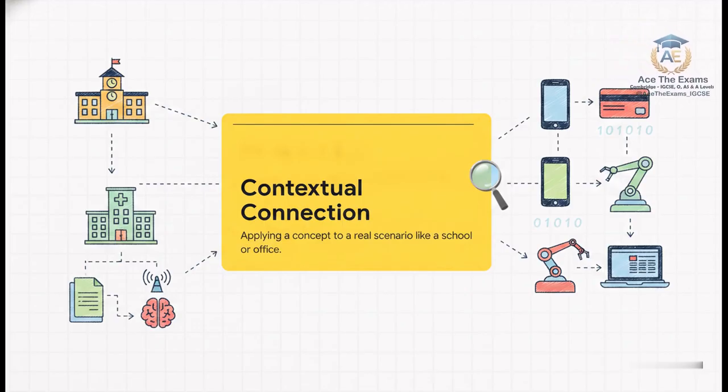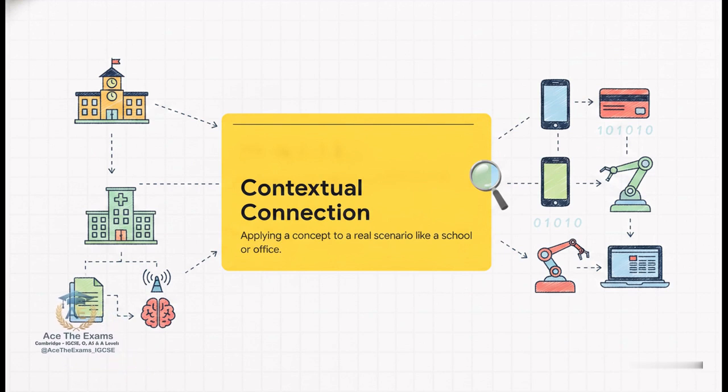Your brain needs to scan that data, identify the core trend, and then force your technical knowledge of binary data transmission specifically into the context of that hospital's patient record system. Real-world transfer matters immensely because it converts raw memory into usefulness. The patterns behind these systems appear in your mobile phones, in banking systems, robotics, and school management tools. If you can actively connect the topic to familiar technology, you will naturally remember the exact reason the concept exists,